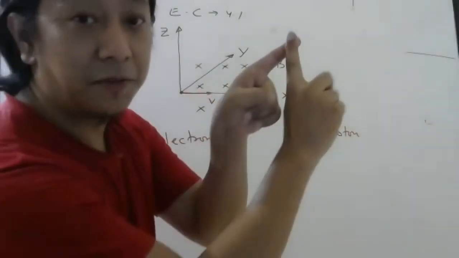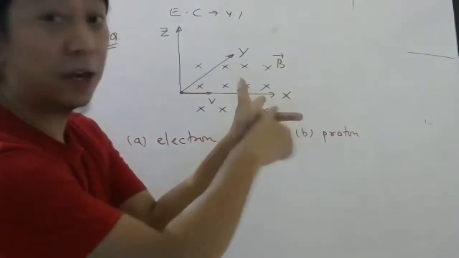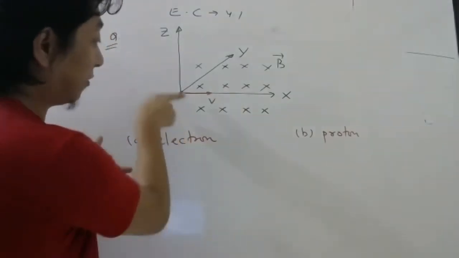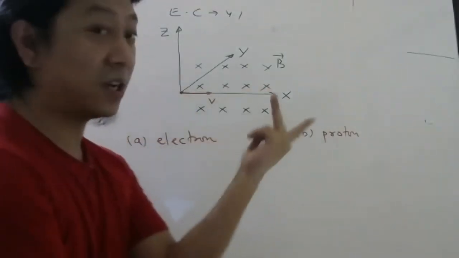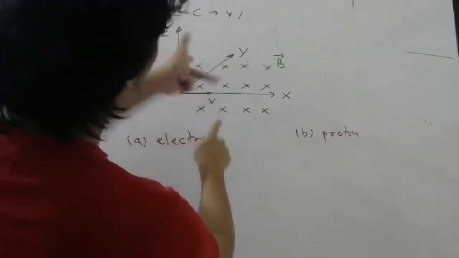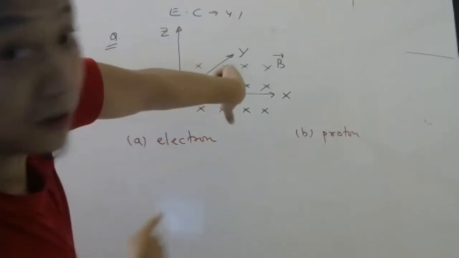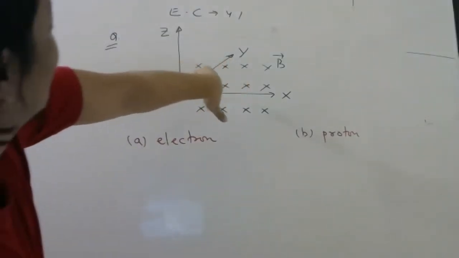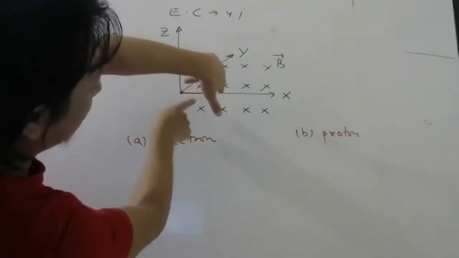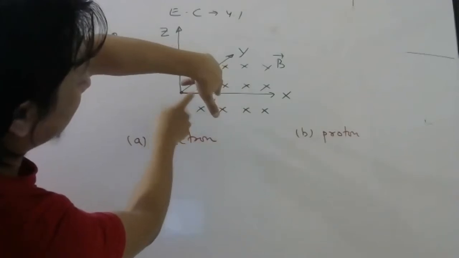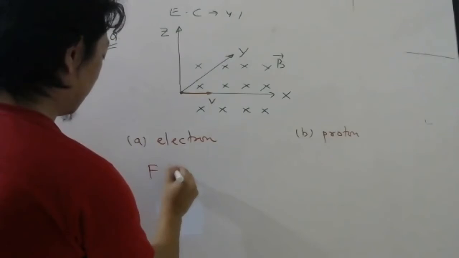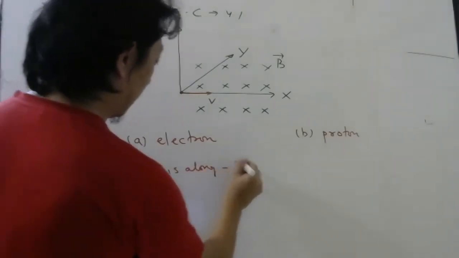So this is the magnetic field, inside. This is along the current. Current means flow of positive charge. This is negative charge. So if the negative charge is moving this side, you should put the current this side. Magnetic field is inside the board. Current will be opposite to the flow of negative charge. So force will be down. So for electron, force is along the negative z-axis.